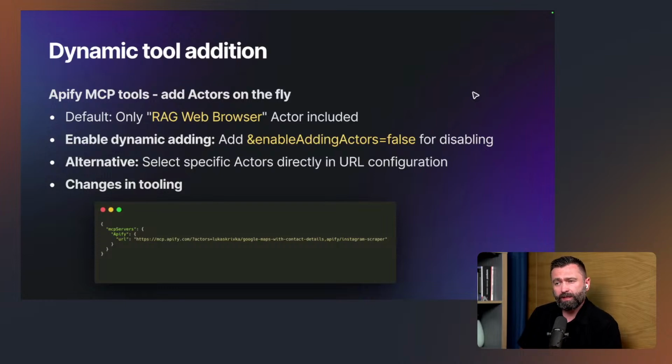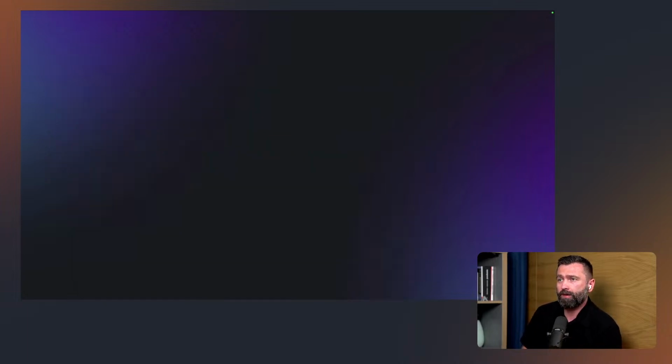Also, there will be some changes in tooling. Right now, we've got over 18 tools like Run Actor, Search Actor, get details from dataset, and so on. We discovered that it's maybe too much, and from time to time, the MCP server could be confused. For that reason, we will deprecate some tools, but in the future, we will also be adding new tools for Apify documentation, which will be part of our MCP. So expect some minor changes in that.